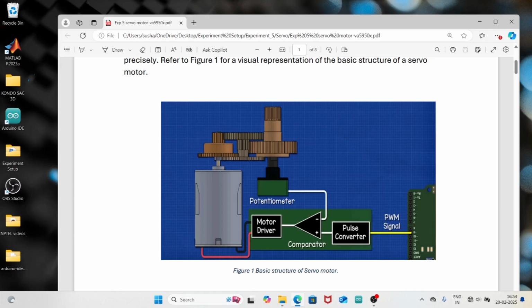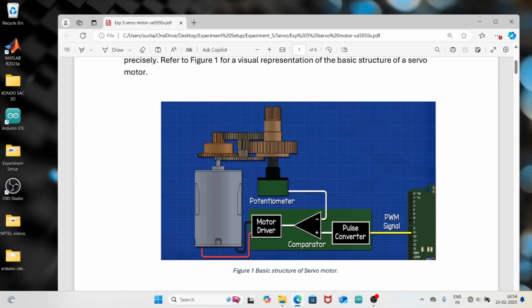If you take a DC motor like shown here, there is a position sensor like a potentiometer. It's in a closed loop position control loop, and hence it is called a servo motor. What are the various components? One is the DC motor itself. Then we have a motor driver, which is basically operating as a comparator here. Then we have a potentiometer, which is measuring the position of the output link, or the output shaft, and there's a gear in there.